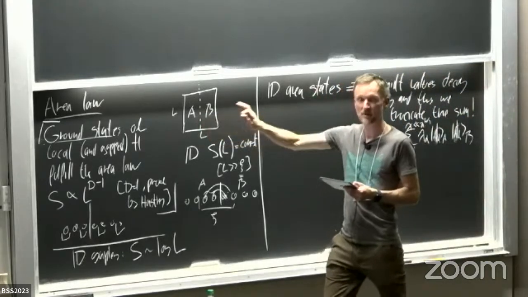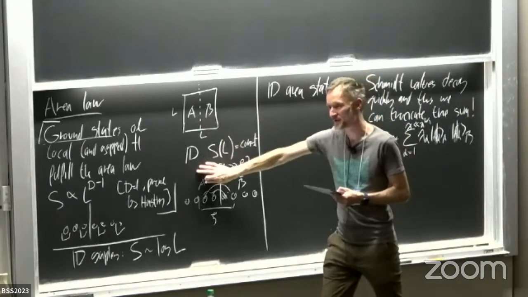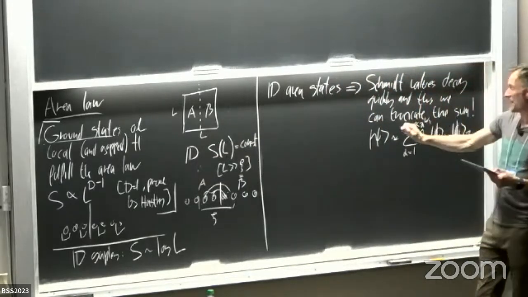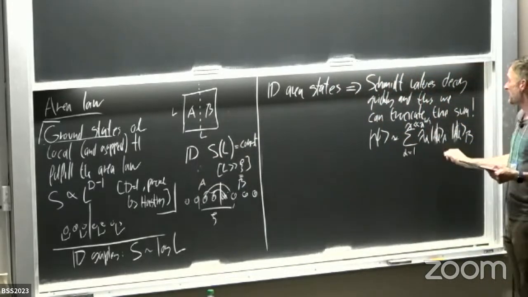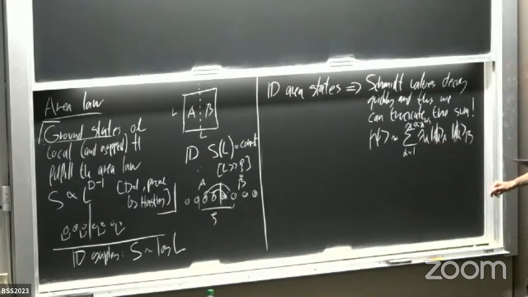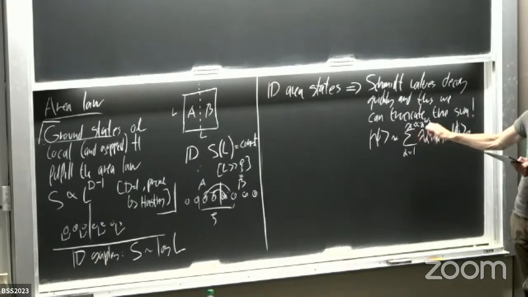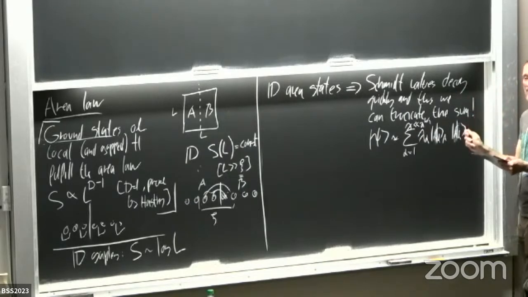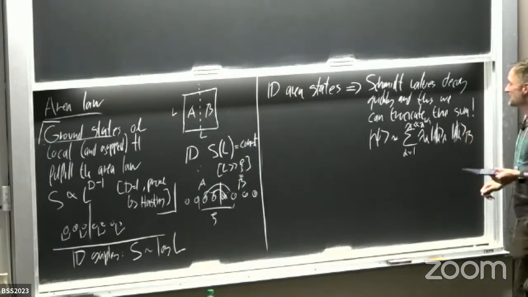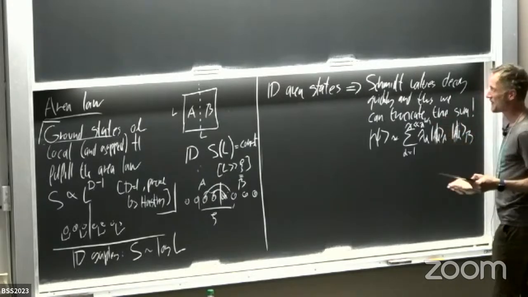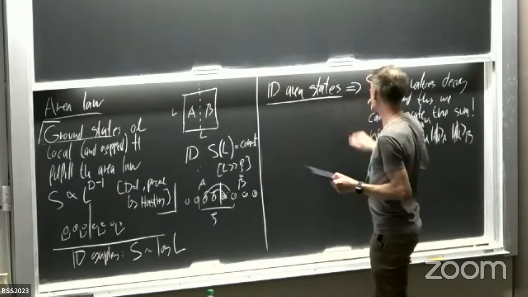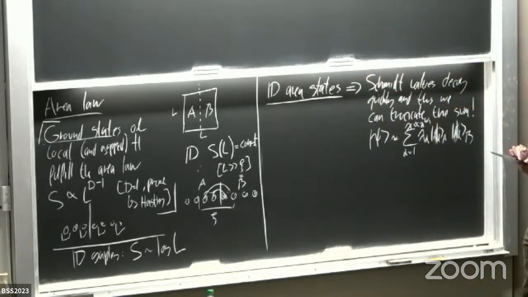So this is the line of arguments. Ground states of local Hamiltonians fulfill an area law that can be proven rigorously. And moreover, it's not hard to show that if you have an area law, then the Schmidt values have to decay sufficiently quickly. There's one small caveat: it's actually not sufficient to have an area law for the von Neumann entropy. It actually has to be for a Renyi entropy with an index smaller than 1. So there are some mathematical details, but overall, this is the important statement. Area law means Schmidt values decay quickly, and then we can throw away a lot of data and get a good representation of the state.